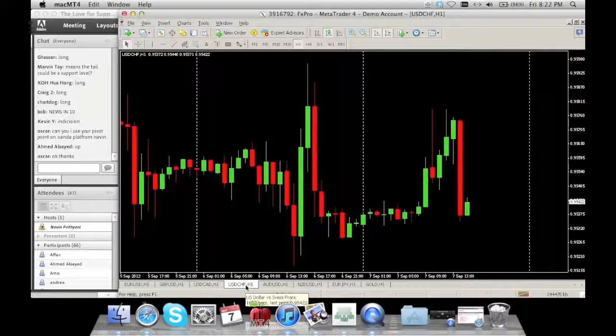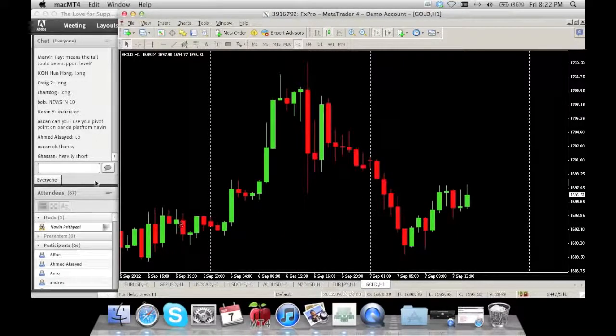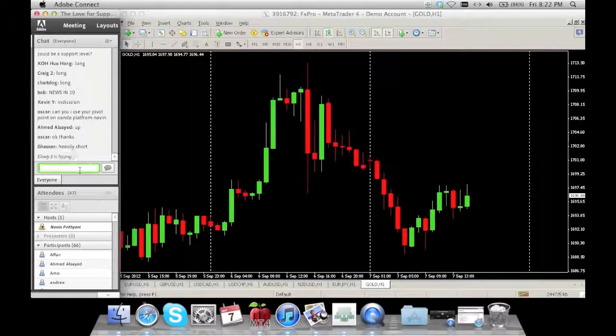Take a look at Swiss franc. Now Swiss franc took that dive as we were expecting, right? Went down short. Now let's take a look at all of our pairs and find out what actually happened. What were the three pairs we were looking at today? The three pairs we wanted to identify our movement for NFP: CAD, gold, Swiss franc.